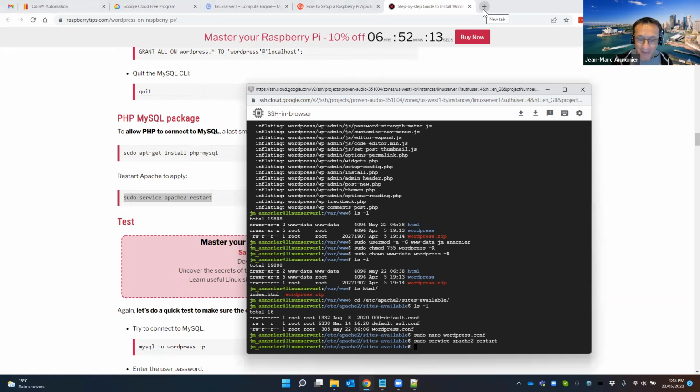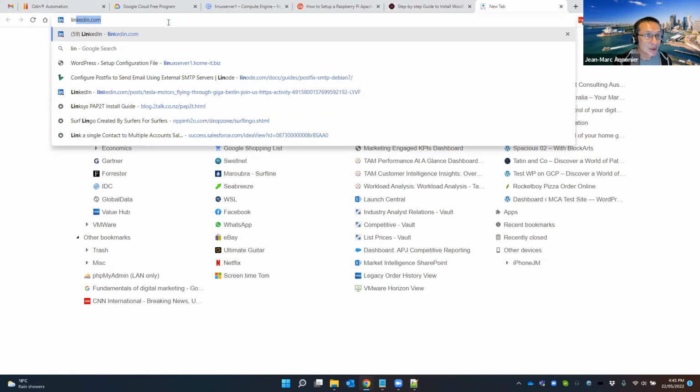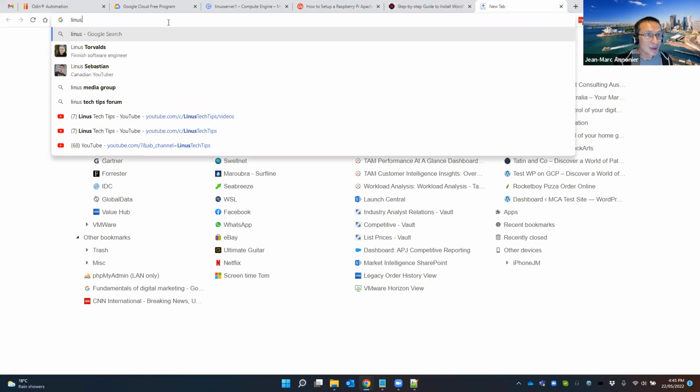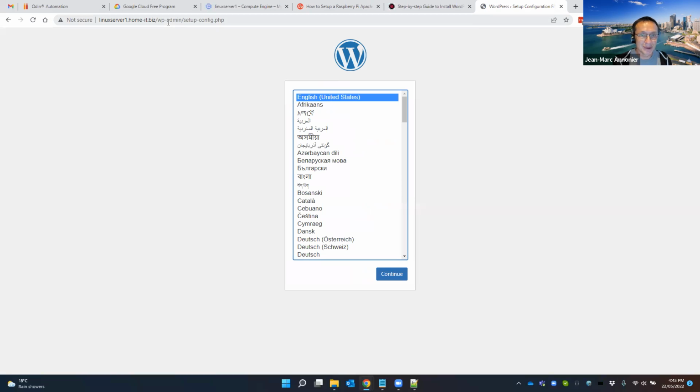If I am going to go to my Linux server 1, it should point now to a different thing. Yes. So you can see now that before that, in the normal Apache configuration, we had just like a generic file. And now when we do this using the DNS name, it points to the brand new WordPress server. So we're actually ready to configure WordPress now.